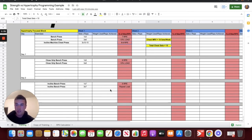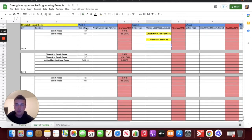And kind of will also have a phase potentiating effect of once we do use specificity as a tool and we do start to work in more lower rep ranges, maybe we're pushing top intensity more, we'll be able to potentially have better strength gains once we do become more specific with our loading and rep ranges towards the 1 rep max. Now this is in contrast to a strength focused block, for example, where you can kind of see